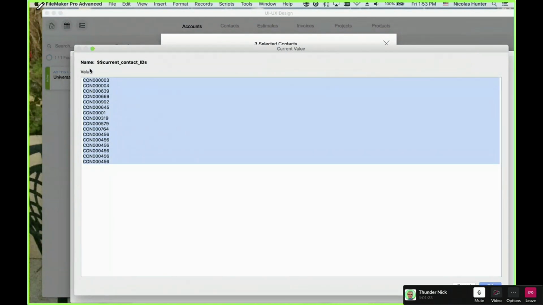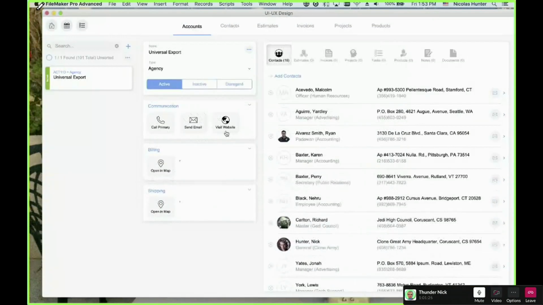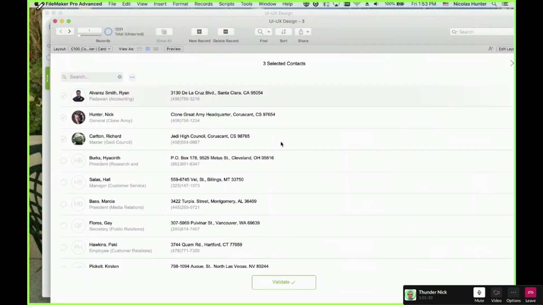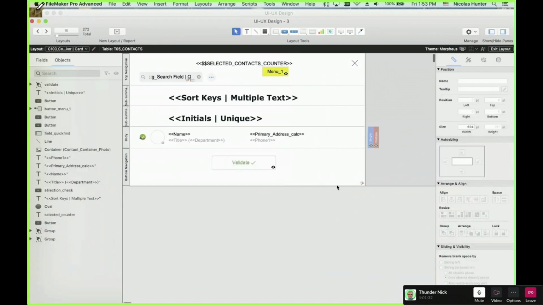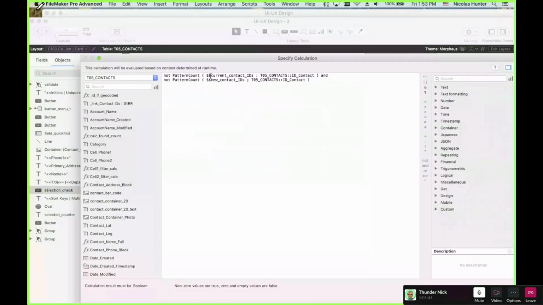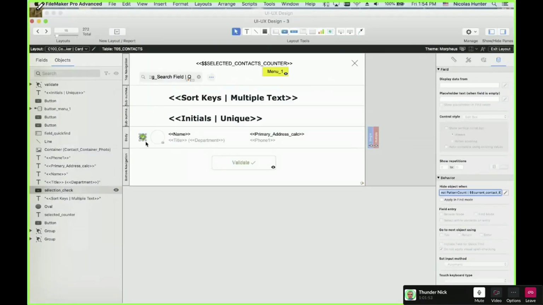Those guys are there. So now I want to show you how it's built, and you will see it's so simple. There's nothing in this layout. I'm hiding this if I have a pattern count. If I don't have the pattern count in the current or in the new, that's it. If I don't have this, you can hide it. Okay. And then after that